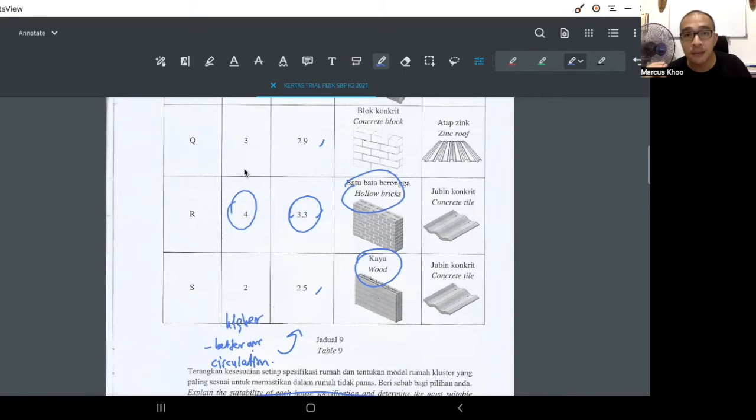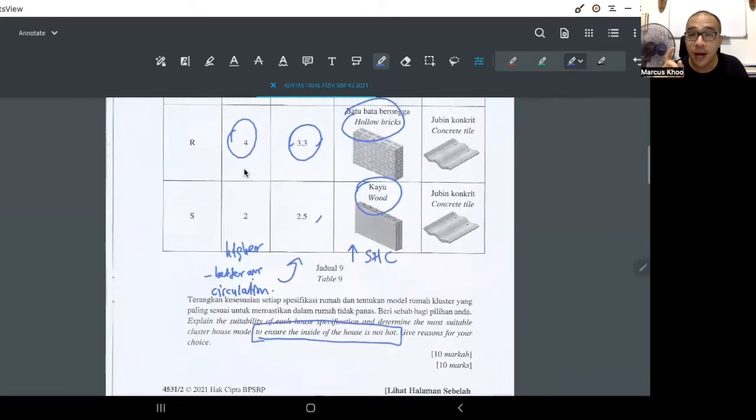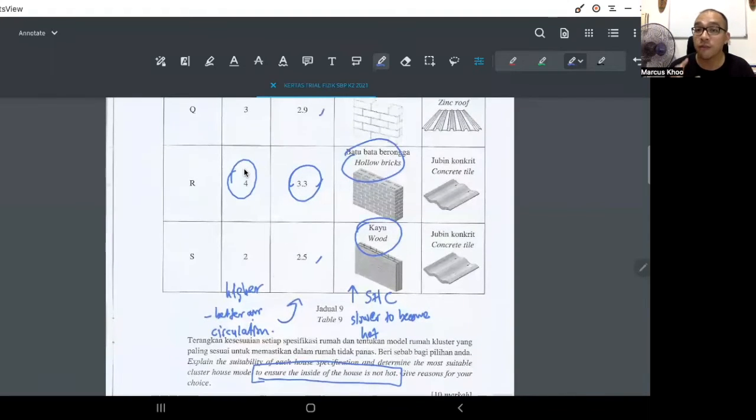But the bricks, bata and wood, have the same common feature, okay, which is it has a very high specific heat capacity. Because when you have a high specific heat capacity, okay, it will be slower to become hot. It's slower to increase in temperature. Okay, so you want to have materials of high specific heat capacity. And so likewise,